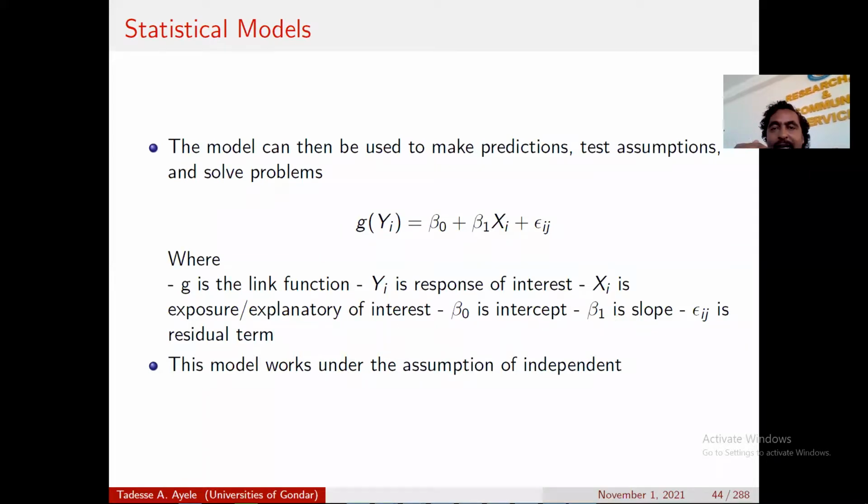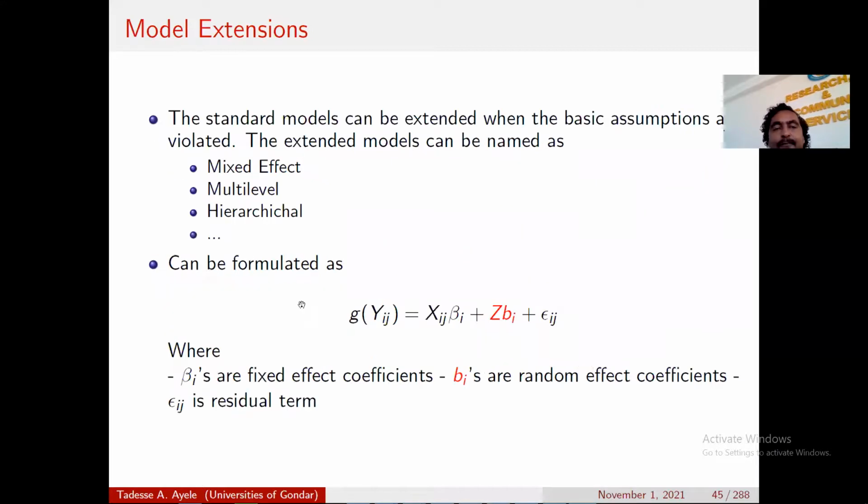This is what you saw with your first instructor, but now we will extend it. There is model extension: the standard models can be extended when the assumption of independence is violated. If the independence assumption is violated, the extended models can be used, like mixed effect models, multi-level models, and hierarchical models. This is what we will learn today, longitudinal data analysis. These are called mixed effect models in the book, or multi-level, or hierarchical. So this can be formulated as g(yij) = xij